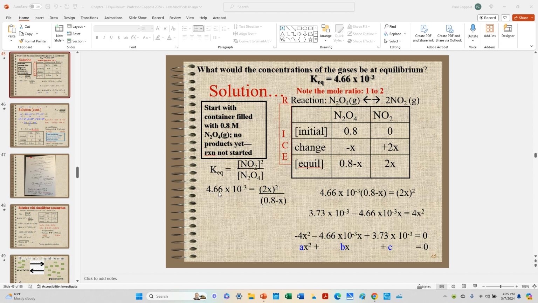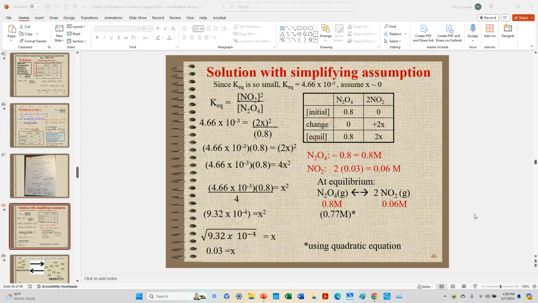Now, in this particular example, you're going to have to use the quadratic equation. I'm not going to make you use the quadratic equation to solve for x on the exam. So if you were faced with this on the exam or on the standardized test at the end of the year,